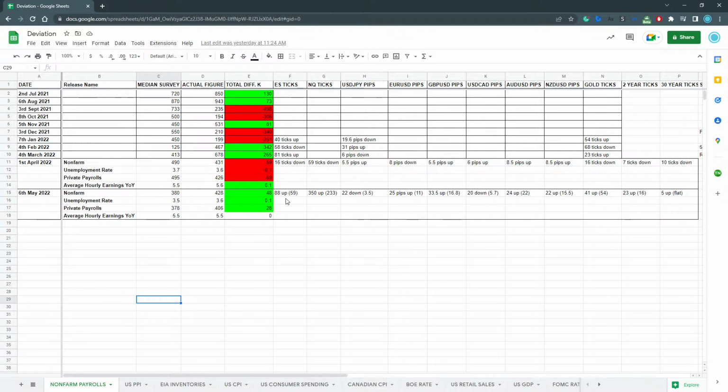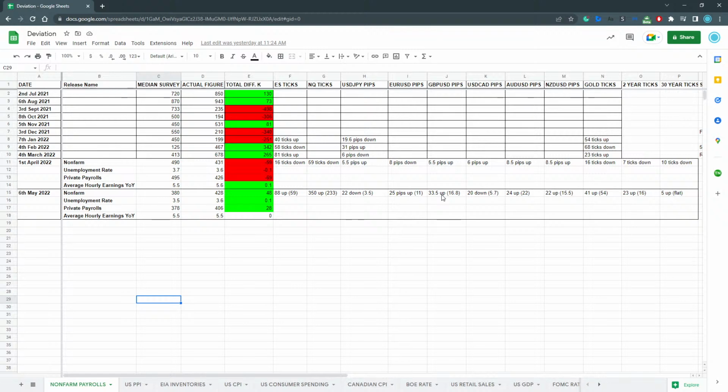But here we go. So when the non-farm payrolls figure had seen about a 48k deviation, and also the average earnings year on year, or the inflationary pressure in the wages area, had seen some dampening or tempering, we've seen appreciation in the stock market and a depreciation in the currency pairs. So you can see here, dollar yen had seen about 22 pips towards the downside. Euro dollar about 25 pips up. GBP USD, or cable, about 33.5 pips up. So that was the biggest mover currency-wise that we had seen with the last non-farm payrolls report.